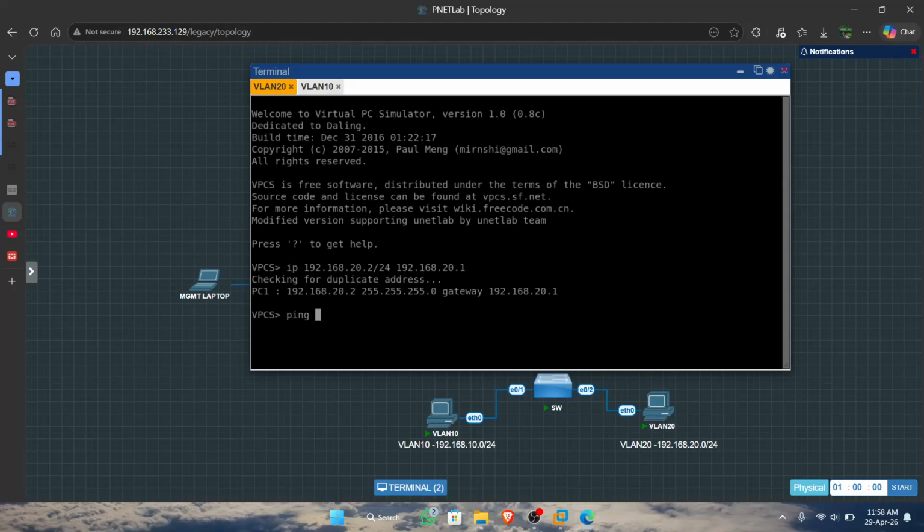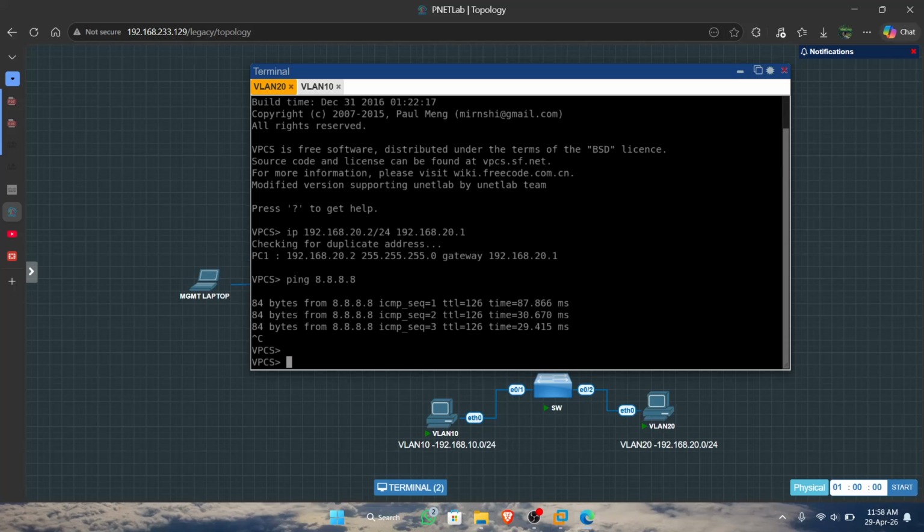Then we try VLAN 20. Again, we use the tracer to show the tracking for both VLAN 10 and how it works, connecting to ESP1 or 2.